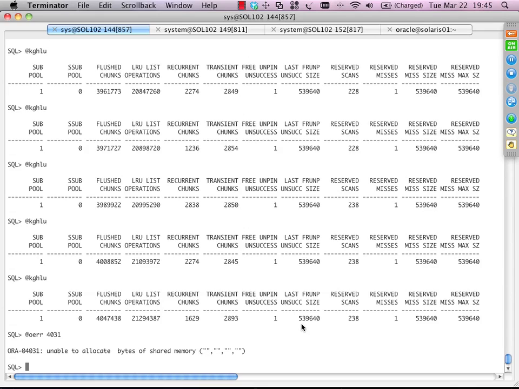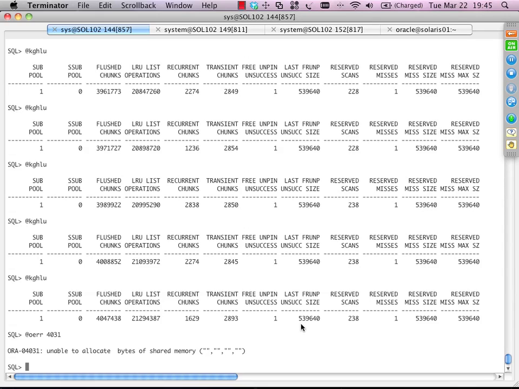Because in my case, I immediately see that this guy wanted over half a megabyte of memory. That's a really big amount in Oracle shared pool terms. Usually Oracle plays around with small fish, so to speak. Usually it's half a K, 1 kilobyte, up to 4 kilobytes. So it's really not healthy to constantly release and allocate these big